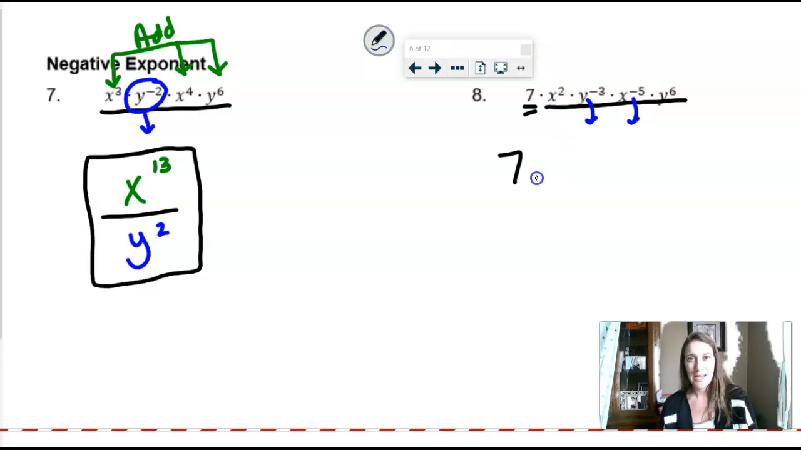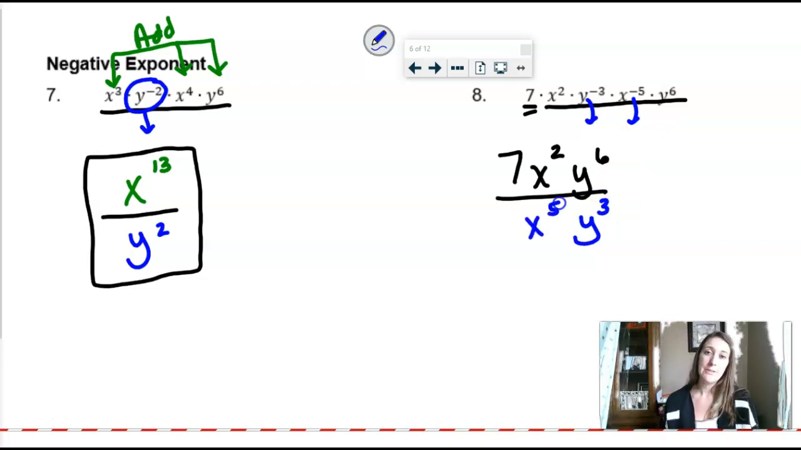All right, so keep the 7 where it's at, keep that x squared where it's at, keep this y to the 6th where it's at, but we just move the y to the third to the bottom. I'm going to move it over here, actually. And then we move the x to the fifth to the bottom. Okay, the reason I purposely lined them up that way is because now we're encountering some other property that we haven't talked about yet,